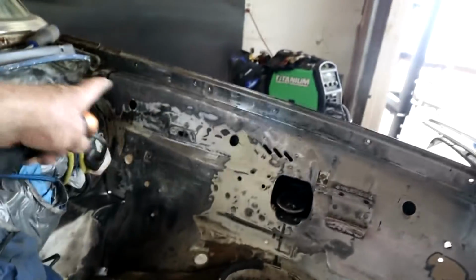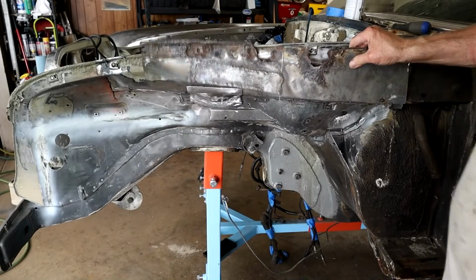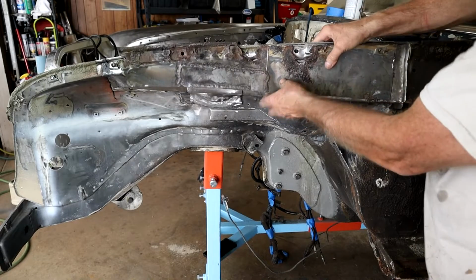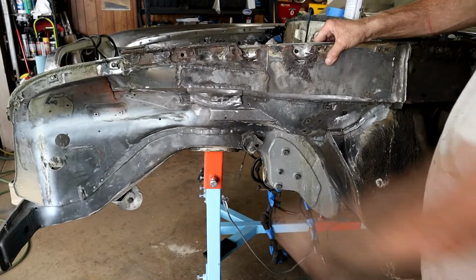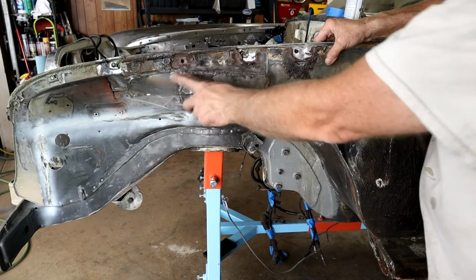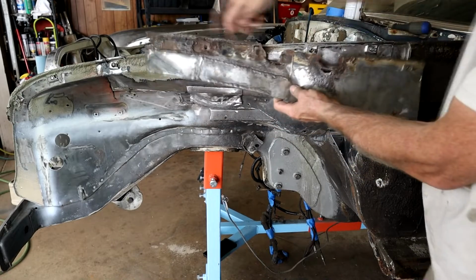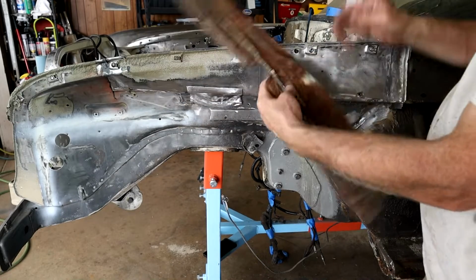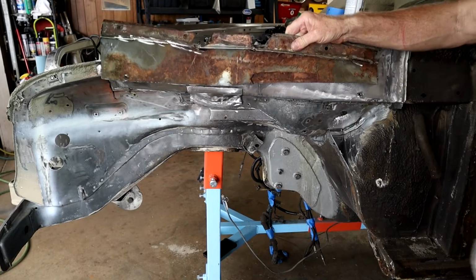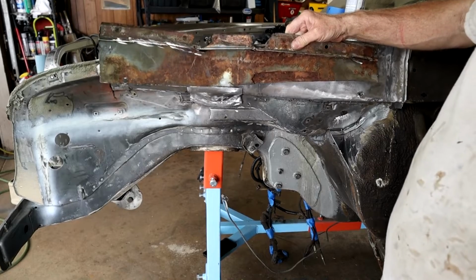So I'll clean all that up, and let me show you the outer panel, what it looked like, for those of you that didn't see some of the earlier episodes. This horrible mess was what it looked like. That was about there underneath the fender, and all the rest towards the front was rotten off, but I cut it off in sections, as you remember. See, one of these old patches that someone had done, and obviously this is horrendous. And that's the tail of the tape on the inside, completely unsalvageable, not usable anymore, and someone, as I say, just